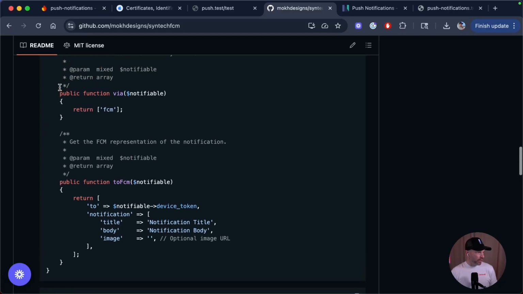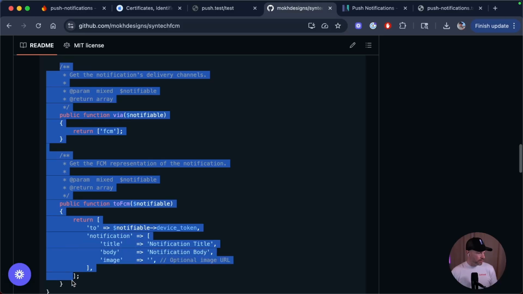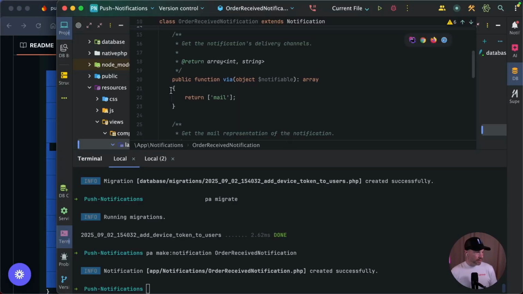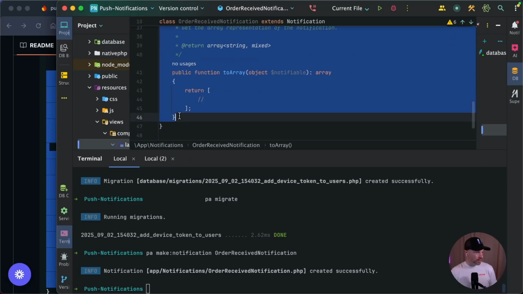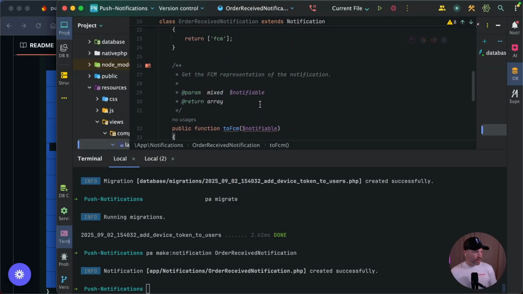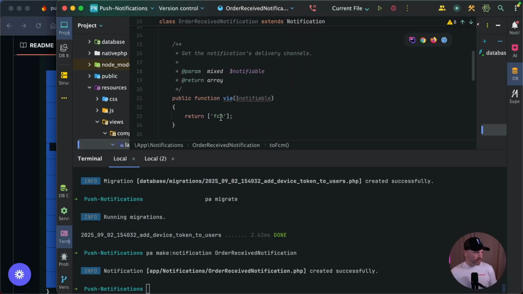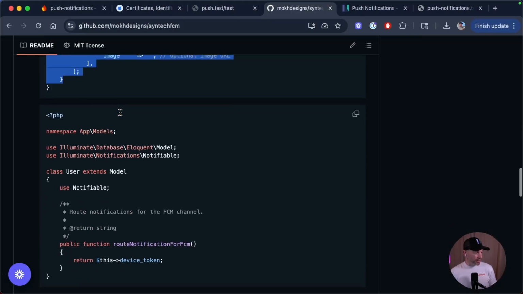All right, we need all of this code here, so let's just copy this and paste it in over all of this. We have nothing in here. We're just going to paste all this in here. Now, we do need this FCM notifiable method on our user as well,